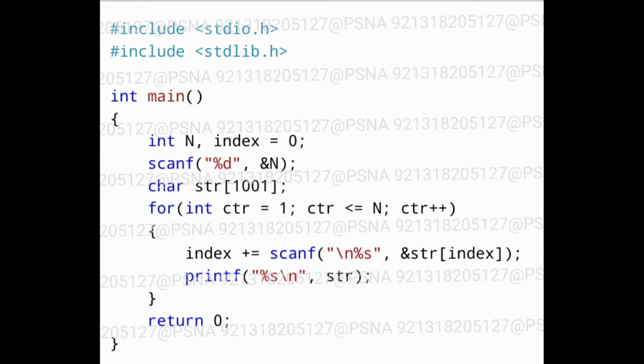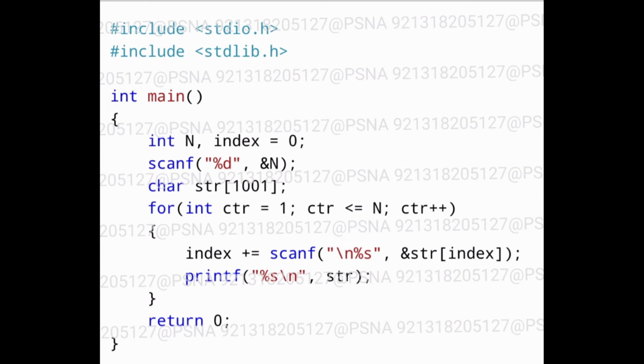So for example, let us assume two strings are passed as input. The first string is apple and the second string is orange. So what happens is in the output, in the first line we will be printing the string apple, and in the second line we will be printing a orange, because the first character from the first string will alone be retained. So the a will be present and then the second string will be concatenated with it. So in the second line we will be printing a orange.